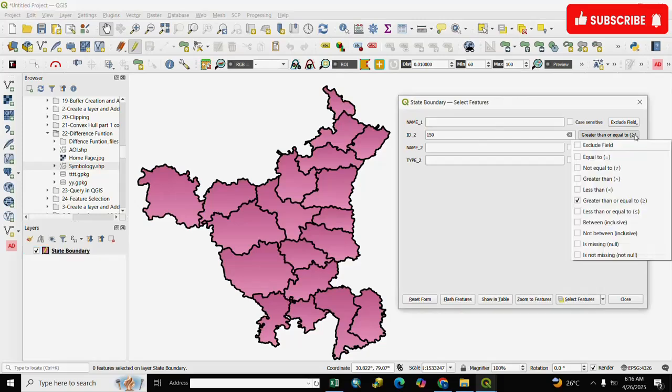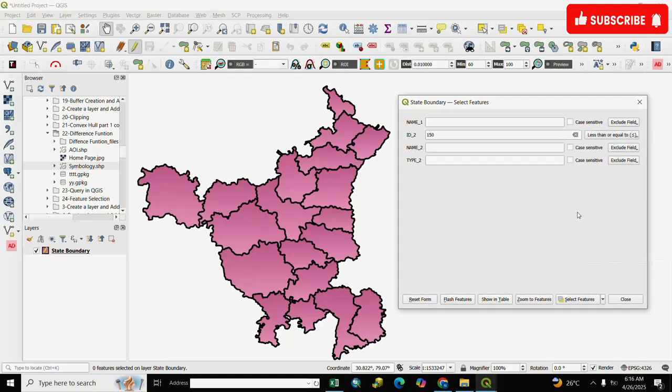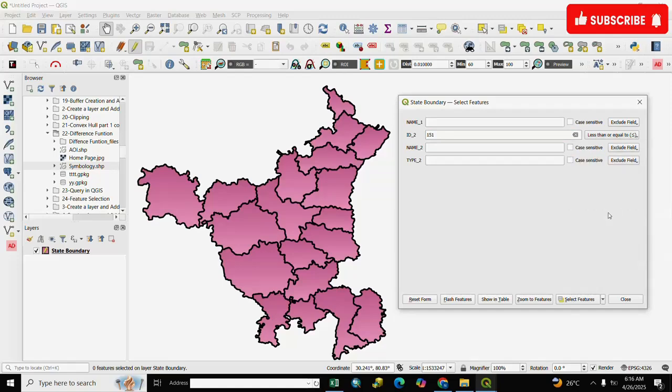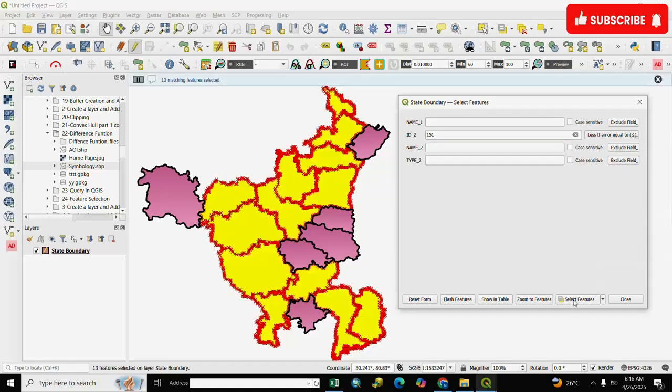and go to query. Less than or equal to. We select it and we write here 151. After it we check it less than or equal to and select feature. Our less than and equal to, all feature is selected. Next query we unselect it